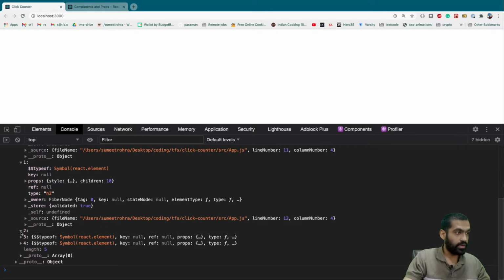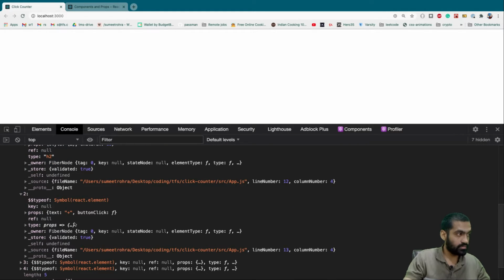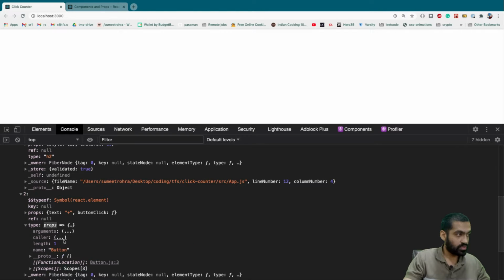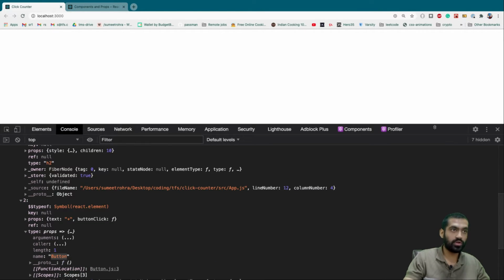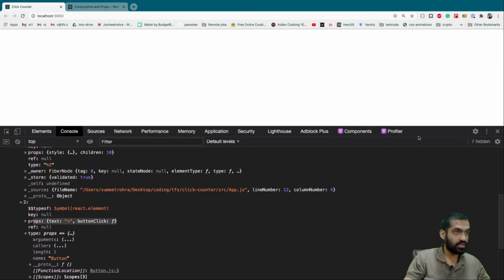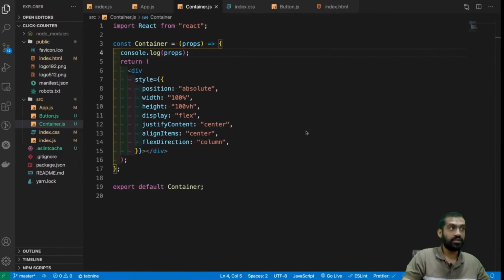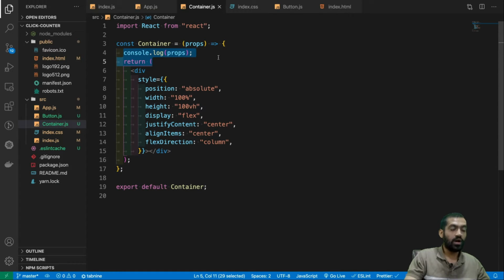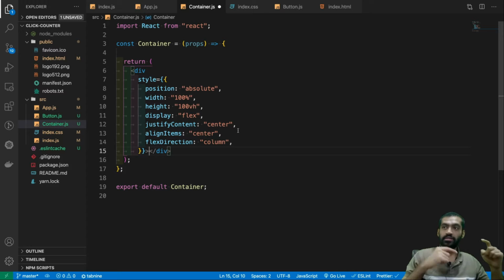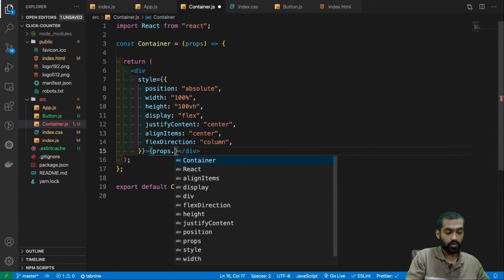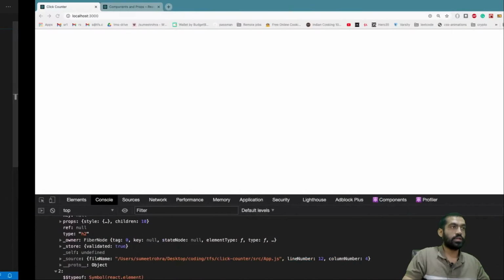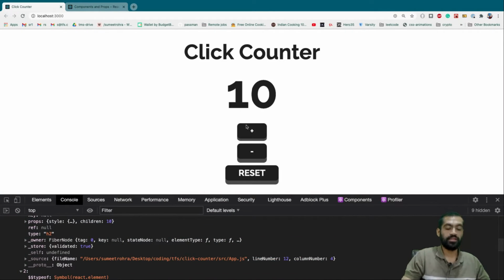This is an H2 element. This is, what? Type props. This is a button component, right? And these are the props that are being passed here in the button element, right? So essentially everything in here is being passed as children. So how do we render this children now? Okay, what we can do is, children is a JavaScript object, right? And if we have to render a JavaScript variable or an object between a JSX tag, we give it curly braces, then we do props.children. Okay, let's see, refresh, everything is back.